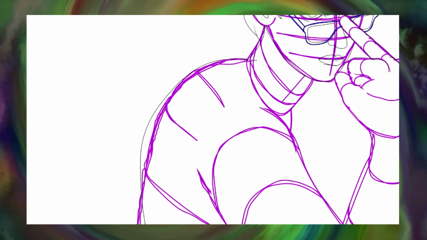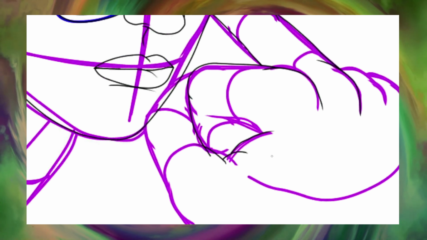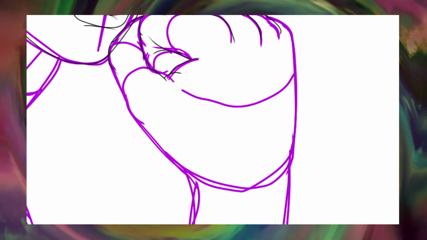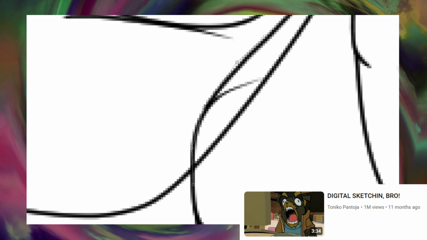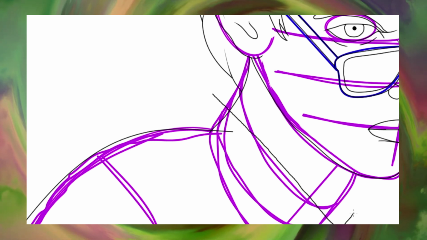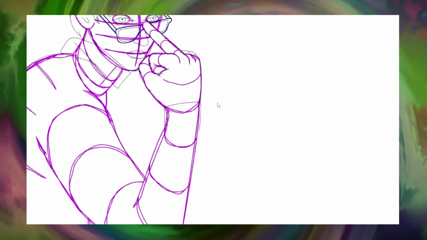Now, I want to talk about another shortcut that artists often use, and that is line correction. Or when you use vector layers to go back and edit outlines with control points. In fact, YouTube animator Toniko made a real funny cartoon short a while back on this subject, and it basically pokes fun at people who shame digital artists for using tools like line correction and drawing with a mouse instead of a pencil or a tablet. Honestly, that video really sums up the point I'm trying to make here. I recommend checking that out.